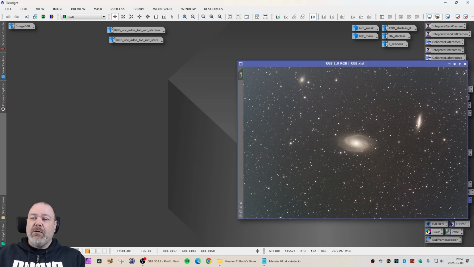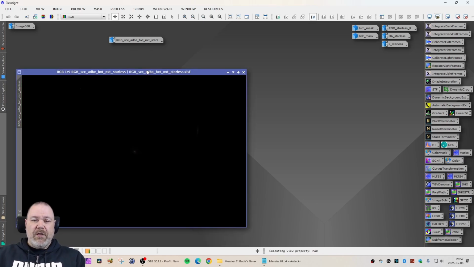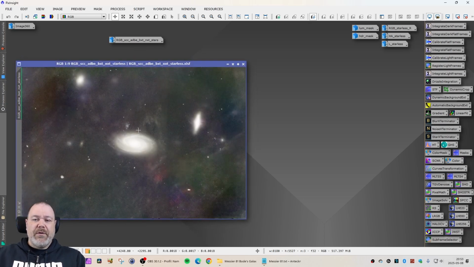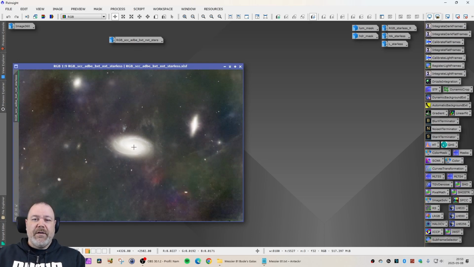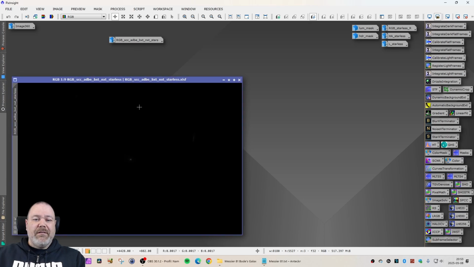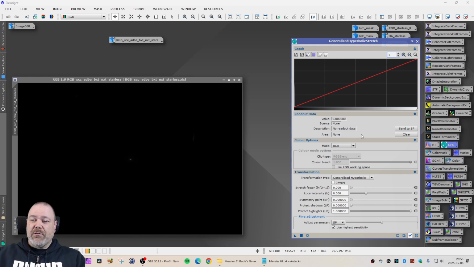But now it was time to do some stretching, and then we are going to start here with the starless version. So if you do a screen transfer function on this, you can see that it does not look good at all. It is very overblown, so to speak. So how do you stretch this image without blowing out the center part of the galaxy? Well, we turn to generalized hyperbolic stretch, and this is the fast version of it. You can do it in so many different ways. You can also look at my SHO processing step-by-step tutorial, and there I talk about GHS